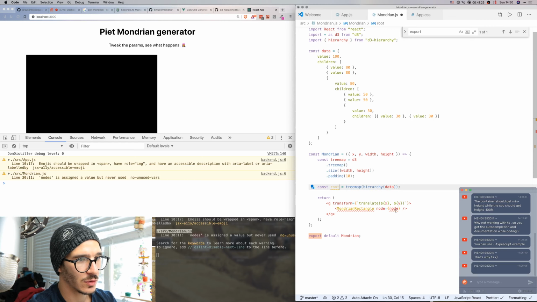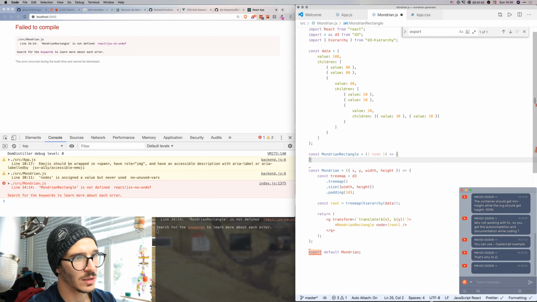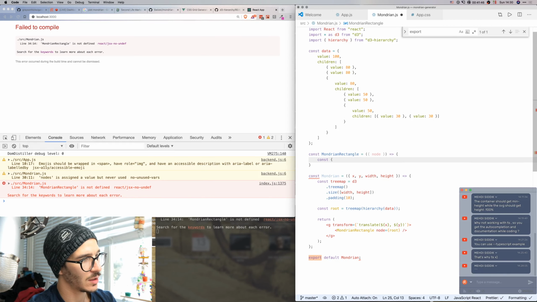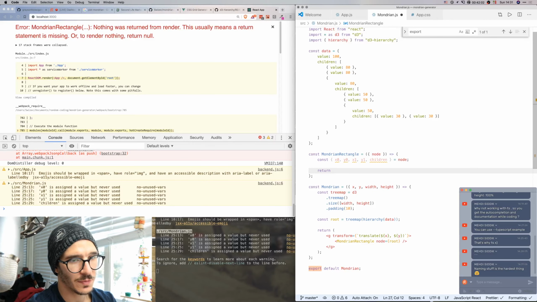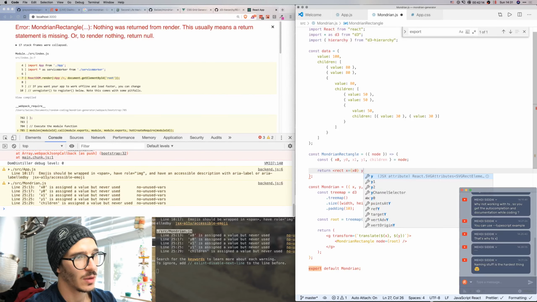So we say root is going to be that, it gets the root node, and then the Mondrian rectangle takes in a node, right? And that node, and then it's going to render that stuff, and it's going to say const x0, y0, x1, y1, and children are all coming from the node. So it returns, yes, naming stuff is always the hardest thing, Magdi. It needs to be a rectangle that gets x from x0, y from y0, and then a width which is x1 minus x0, and a height which is also